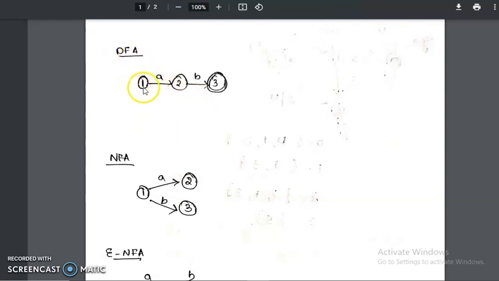So in DFA, there will be only one transition from a state to another. Here the states are numbered. 1, 2, 3 are the states. A, B are the alphabets. From state 1 to 2, when the input is alphabet A, the transition occurs. So from state 1 to state 2, when input is A, the transition occurs from 1 to 2. In DFA, there will be only one type of transition, and in NFA we